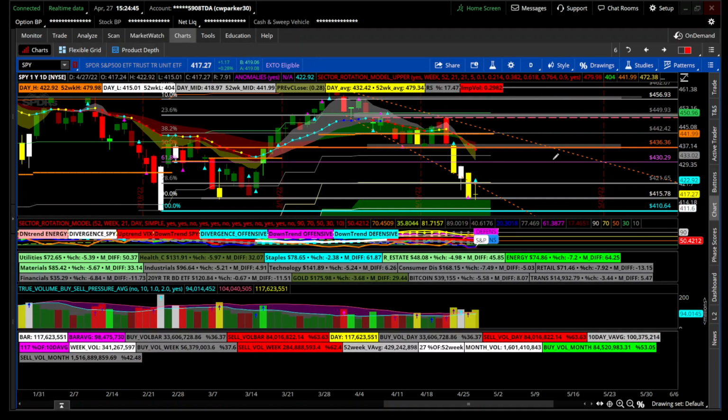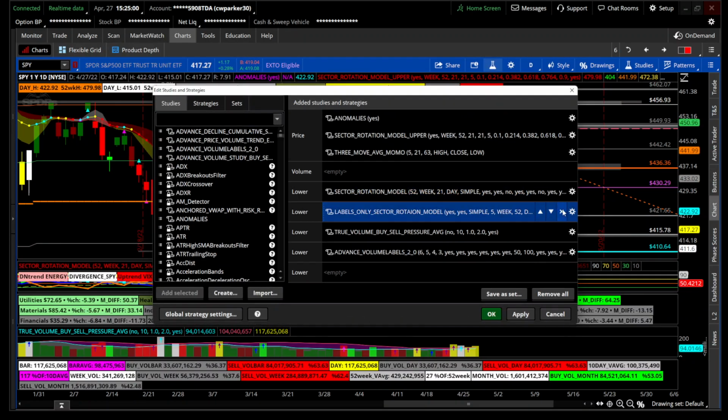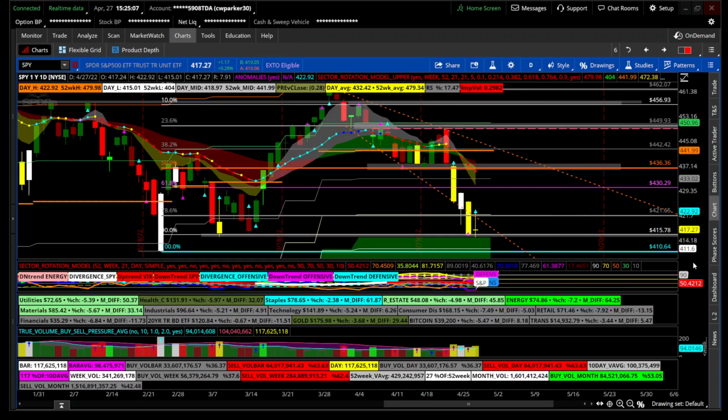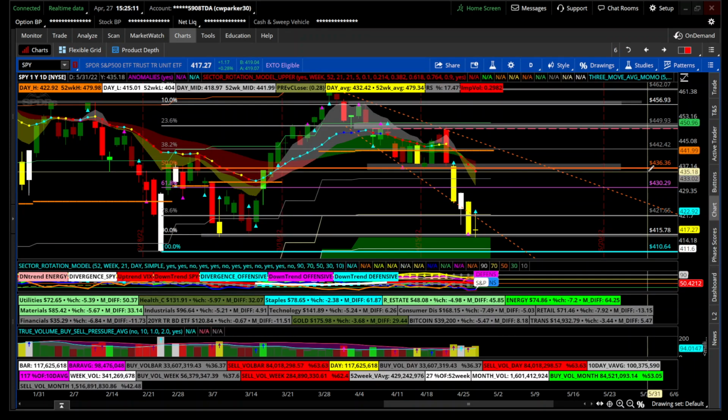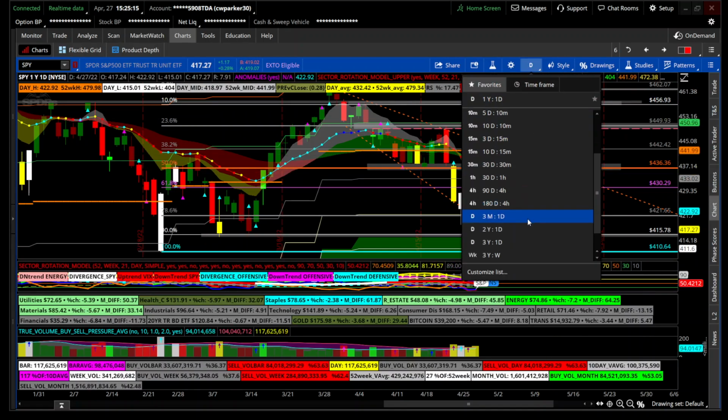And what else? These indicators, the sector rotation indicators specifically, are meant to be used on a daily time frame. When you go into it, you can see I have it set for weekly and day. It's not meant to be used for a 4-hour or any of those lower time frames. If you decide to push it up, you're going to get an error message,